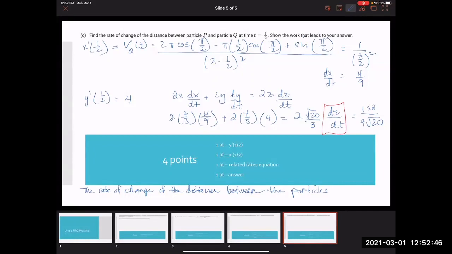Since the sign is positive, you would want to say that the distance is increasing. So really, they're moving away from each other. So you would say the rate of change of the distance between the particles is increasing